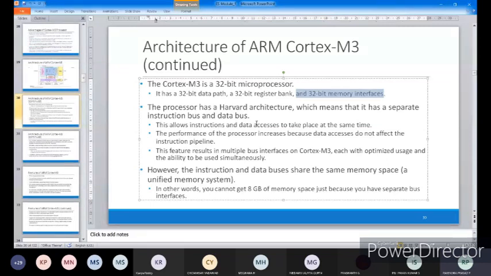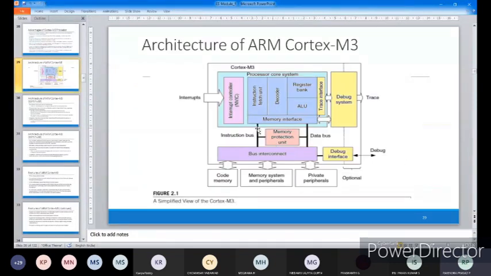One difference I discussed was where the memory is present, in the processor itself or outside, which is external. And one more thing in the Harvard architecture is that your instruction bus and data bus are separately present. So you can see that the instruction bus is separate and your data bus is separate. So what is the advantage of having different buses? It will not collide and there will be no confusion.